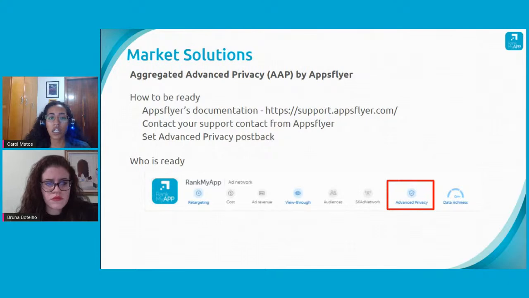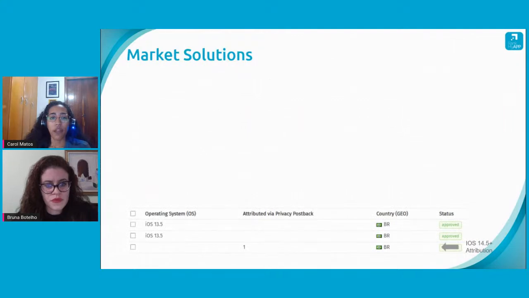We can see on our end that some of you are already with the AAP enabled on AppsFlyer, which is great. But I brought more detailed information for those who didn't have any contact yet with this and might still have some doubts about how things are working after iOS 14. And for everybody to be aware of the importance of this configuration, mainly for those who are running campaigns directly from us. And well, for those who are running campaigns on our measurement platform, our RankMyAPP platform, let's move forward